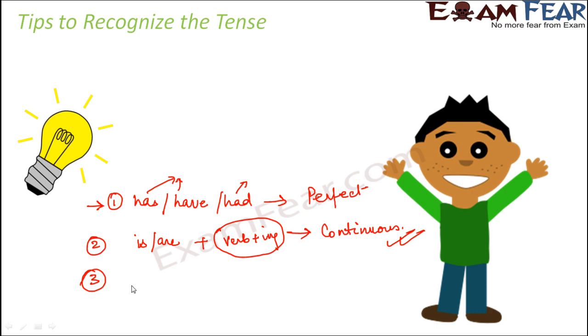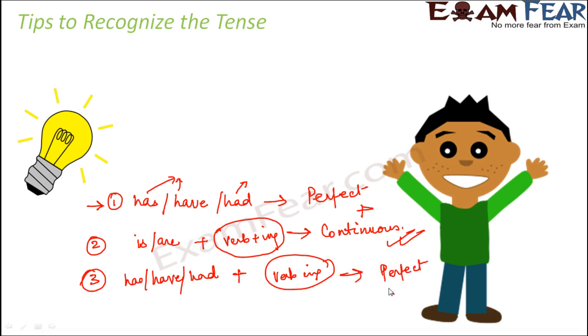Now tip number 3 would be wherever you have has, have, had followed by the ing verb. So you have the perfect thing plus the ing verb. That is a combo of these two. When you have the combo of these two, this is definitely the perfect continuous form. For example, when you have has been doing, and in between you will have been, but wherever you see this combination where you have has, have, had plus the ing verb, that means it is